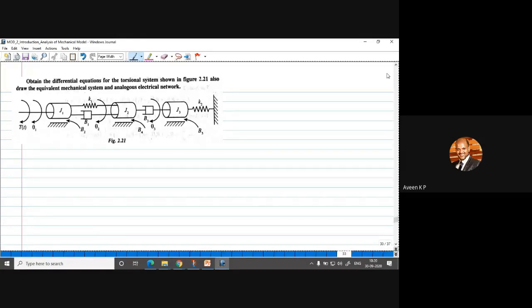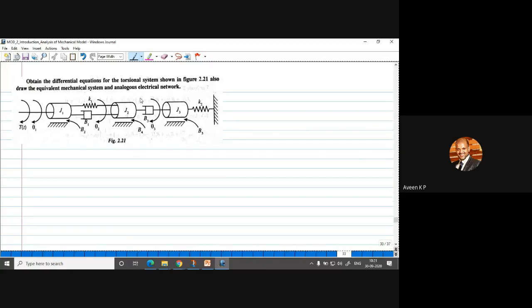So in a rotational system, we will consider the angular displacement. If you see here, the applied torque is T of t. Due to this applied torque, we have three displacements, theta 1, theta 2, theta 3. You should understand which mechanical elements undergo purely theta 1, and which elements are subjected to theta 1 as well as theta 2. So common elements and elements purely undergoing a particular displacement you need to identify.